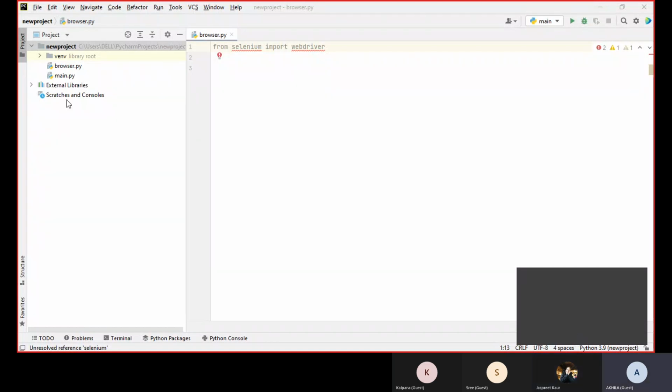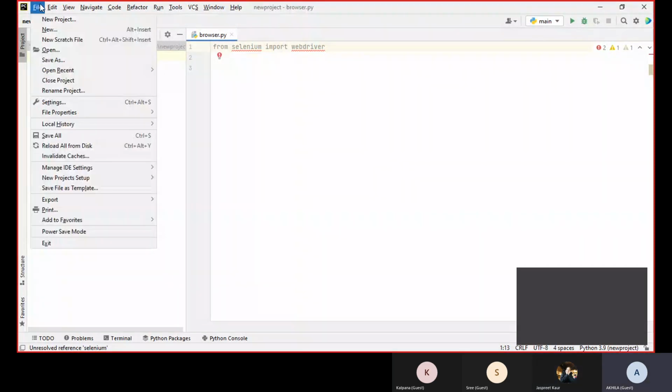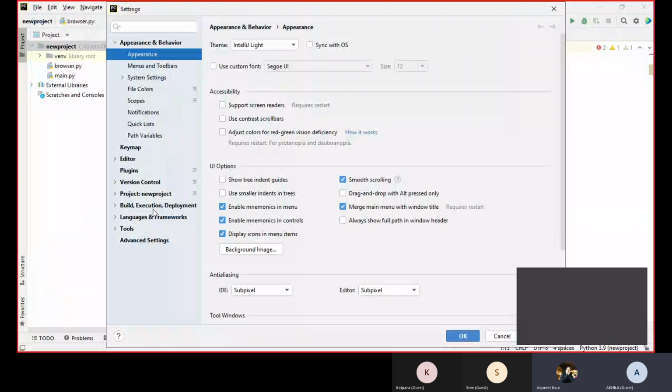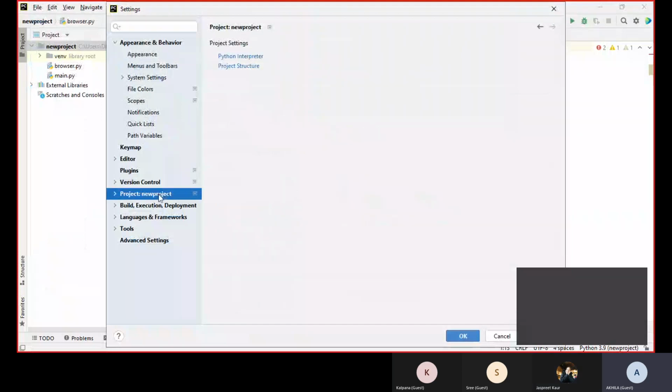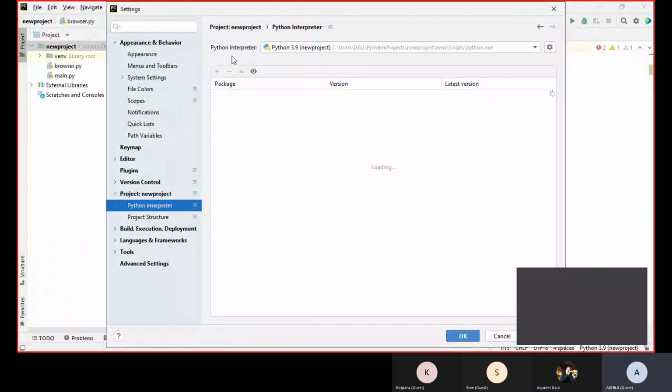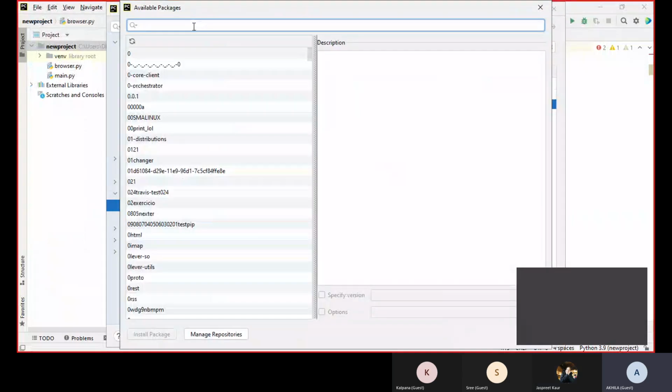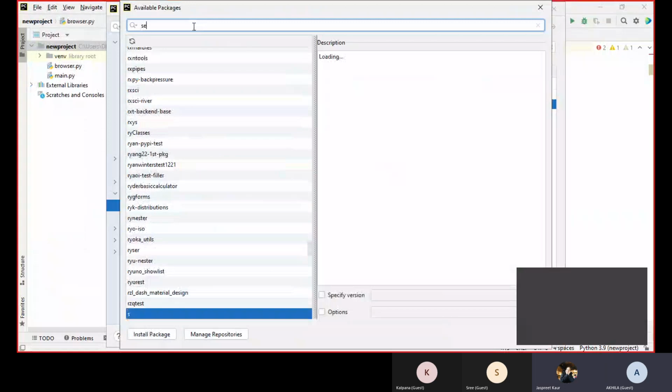Okay. Project, then Project Interpreter. Let it come. It says that Selenium is here. It's already importing it. Can you just go to the plus icon once? Look for Selenium over here.